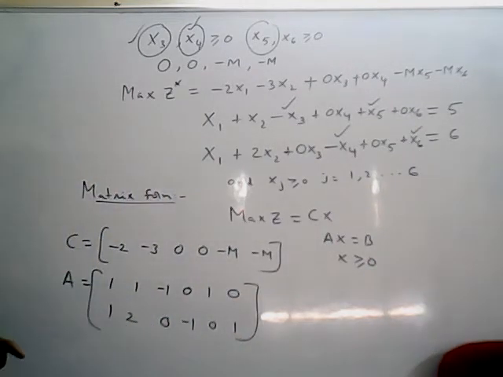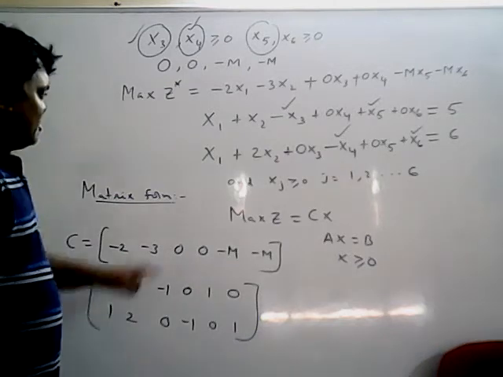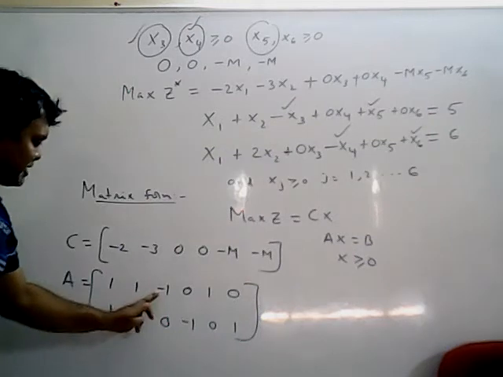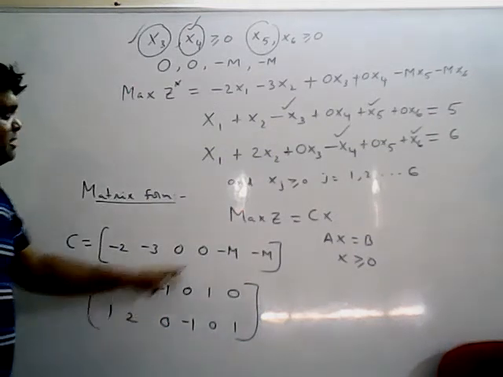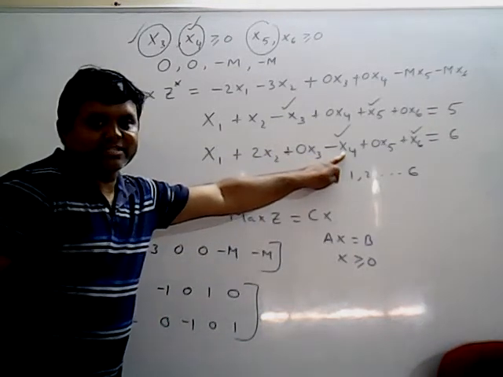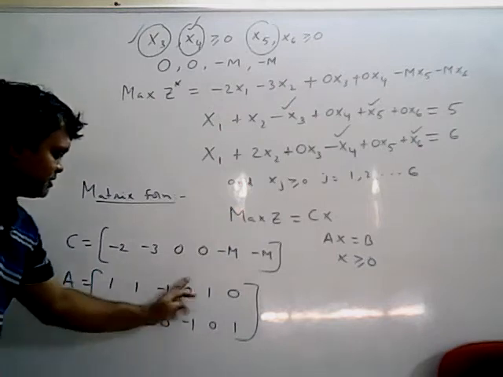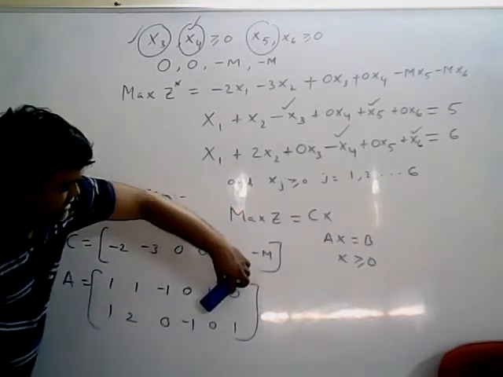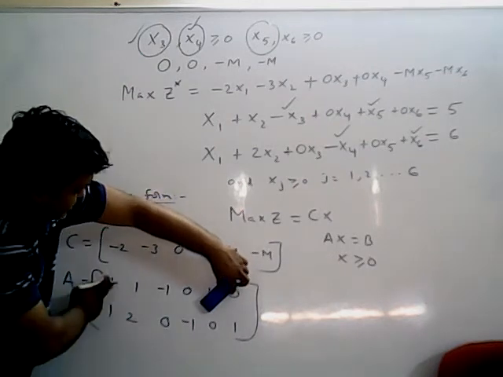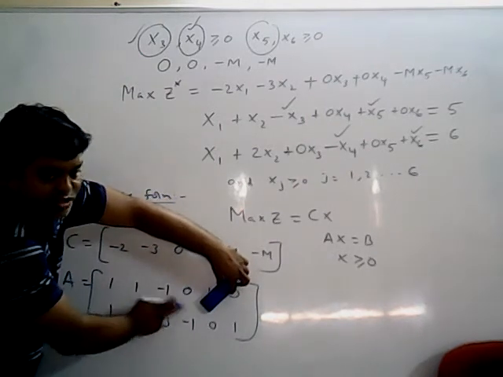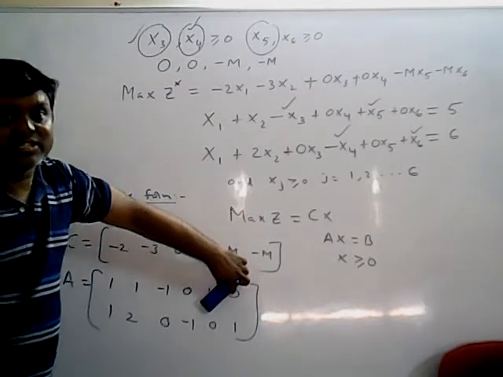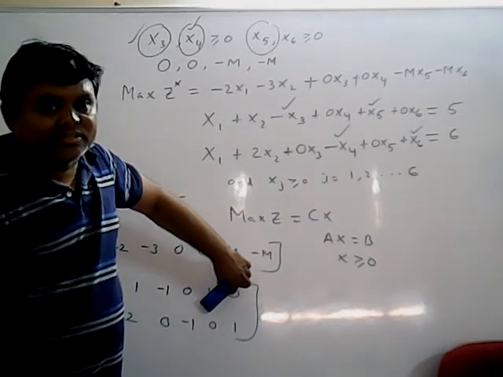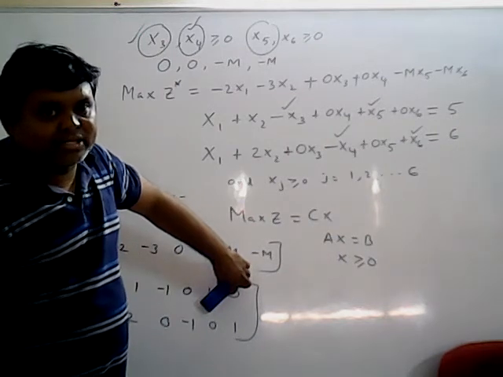Now see, I will tell you why an artificial variable is required. See here, the surplus variable is subtracted here. That's why you are getting minus 1. And then this is also a subtracted surplus variable. This is minus 1. Suppose you are not taking these artificial variables, what happens? You will get 1 1, 1 2, minus 1 0, 0 minus 1. So that means a unit matrix, what is the 2 by 2 unit matrix? 1 0 0 1. So a unit matrix does not exist. If you include artificial variables, then only the unit matrix exists.